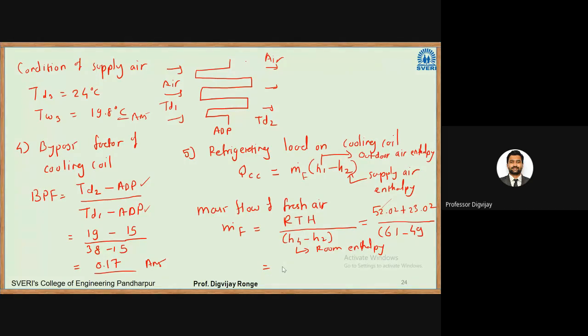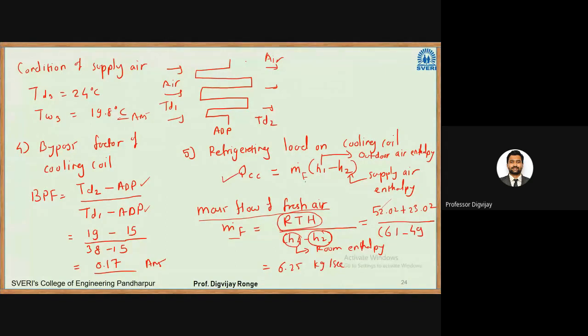Okay, I have one answer, 6.25. I will take that, 6.25 kg per second. In actual calculations, this mass flow rate of fresh air you have to calculate by the ASHRAE 62.1 standard, which is the minimum ventilation requirement for an occupied space. But for this example only, we have done this step. I have assumed all the total heat in the room is taken by the fresh air, and the change in enthalpy will be room enthalpy minus supply air enthalpy. So 6.25 is the mass flow rate, and then we can calculate the cooling load on the coil.